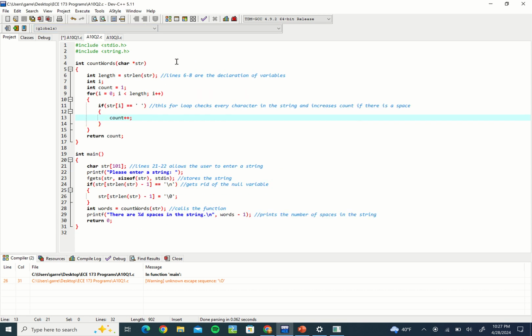So the next program here counted the spaces. So I'm going to start off in the main function again. And the first few lines are kind of the same as the last one, just getting the input and then getting rid of the null character at the end. And then sending it to the function, which is where it gets a little different. So starting off, getting the length as the length of the string, and initializing I, setting count equal to 1,